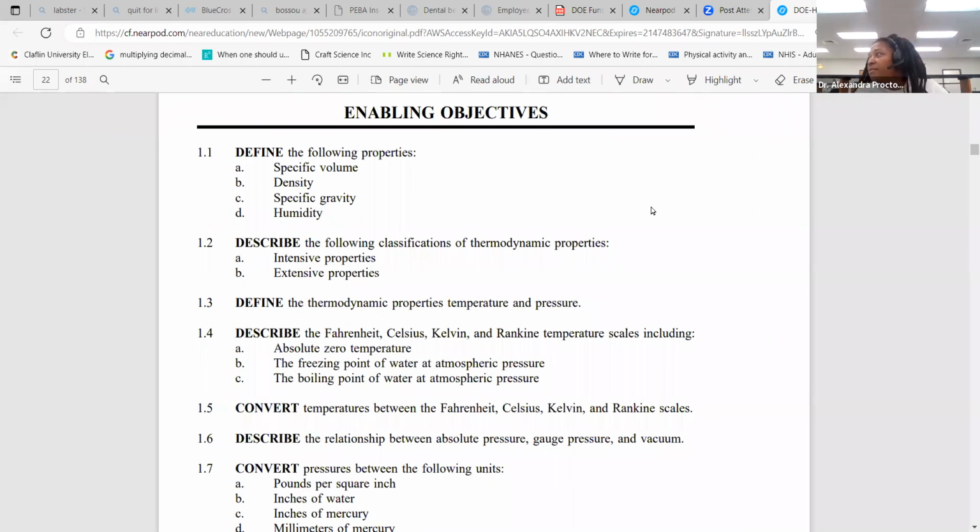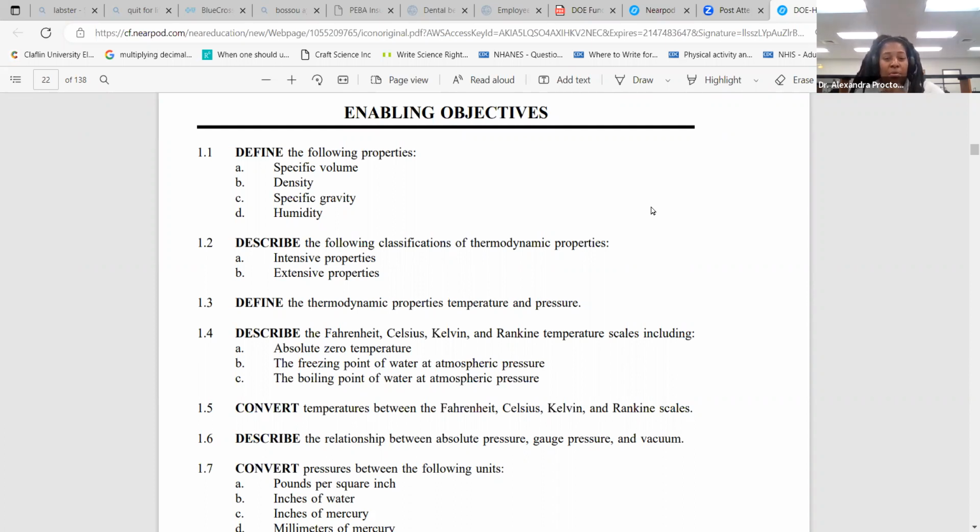So the objectives for this first volume are: 1, to define the properties of specific volume, density, specific gravity, and humidity, and to describe the classification of these thermodynamic properties, which is intensive and extensive properties; to define thermodynamic properties of temperature, pressure, and to describe measures of temperature like Fahrenheit, Celsius, Kelvin, and Rankine temperature scales, including absolute zero temperature, the freezing point of water and